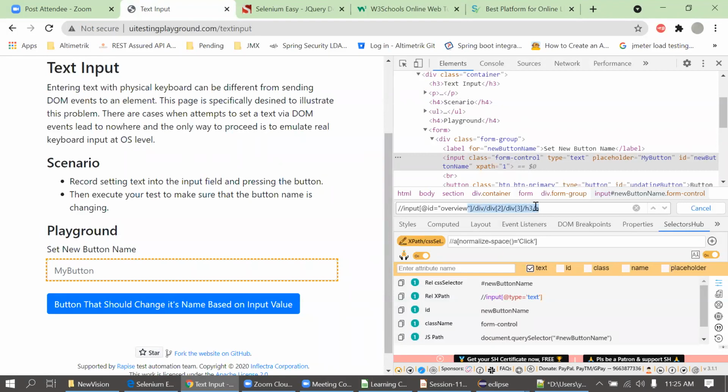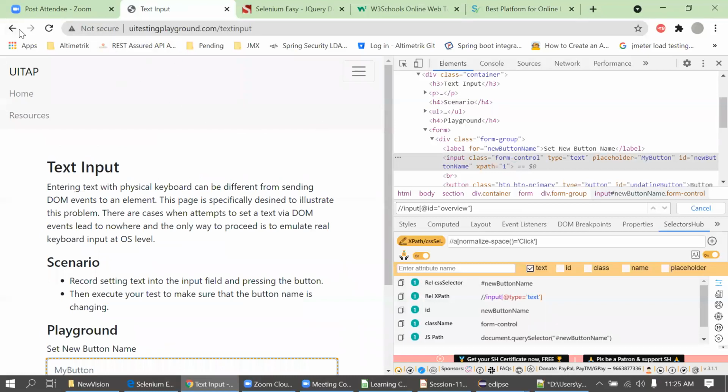But why is this happening? I just wanted to know that. Because the ID is dynamic. In some development, the ID is dynamic. So in that case, we should prefer not to use the ID. I will just tell you the example here in the website itself. There is an example in the website.